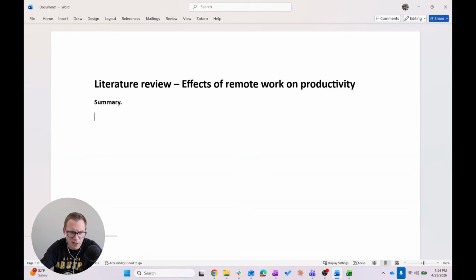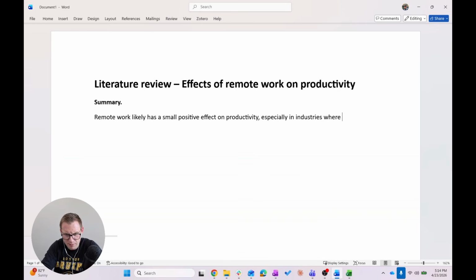So I'm going to start with the summary, and the first thing I want to answer is something along the lines of: remote work likely has a small positive effect on productivity, especially in roles which are already